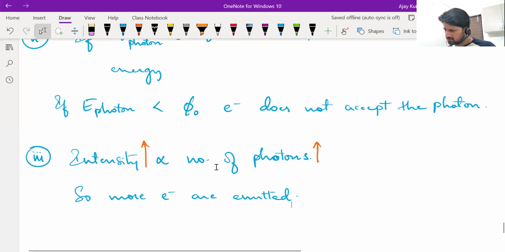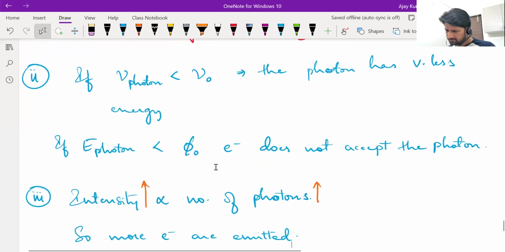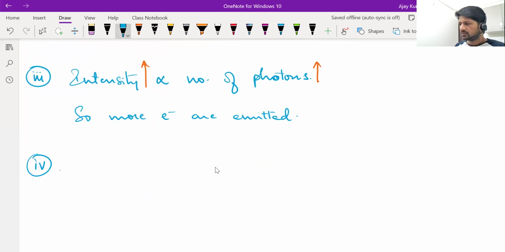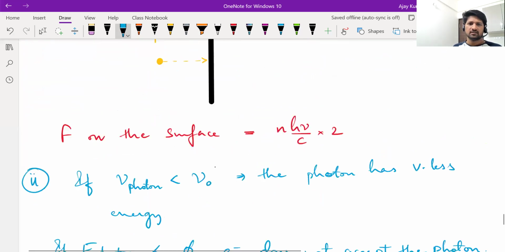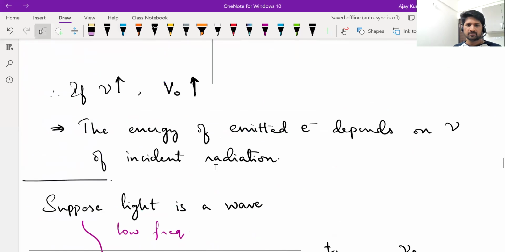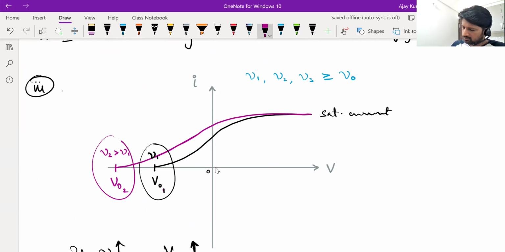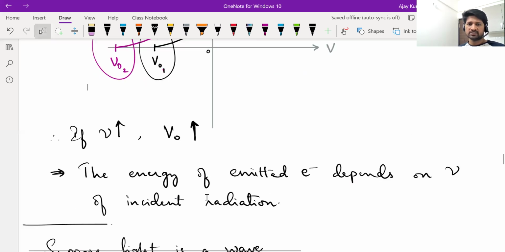So energy of photon, stopping potential. Yeah, next thing is stopping potential. If intensity is kept the same, but the frequency of radiation is increased, okay, all frequencies above threshold frequency only. As frequency is increased, what did Hallwachs and Lenard observe? They observed that stopping potential increases when frequency increases. For low frequency, the stopping potential is less. For higher frequency, the stopping potential is higher. It means when frequency increases, the energy of emitted electrons is increasing.